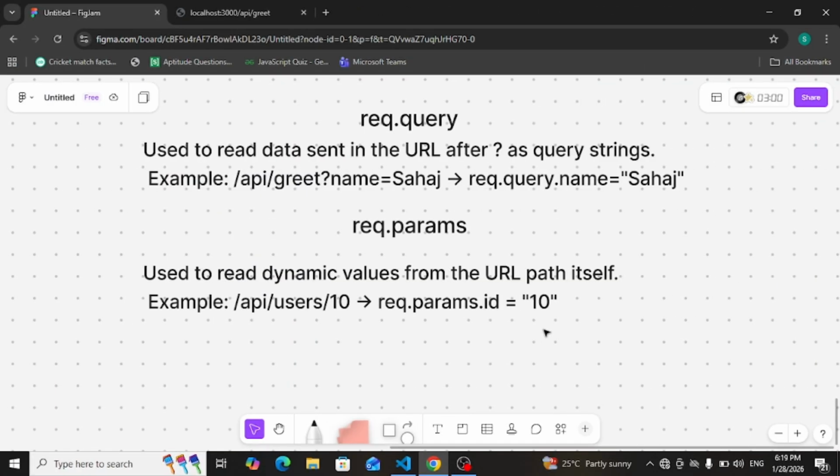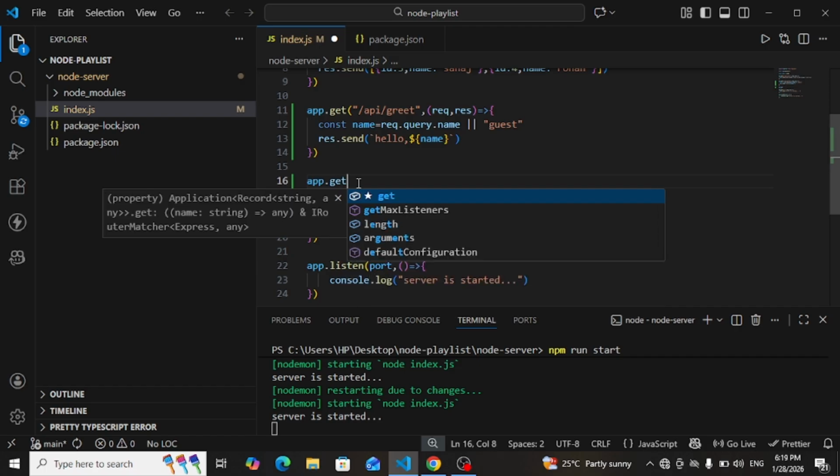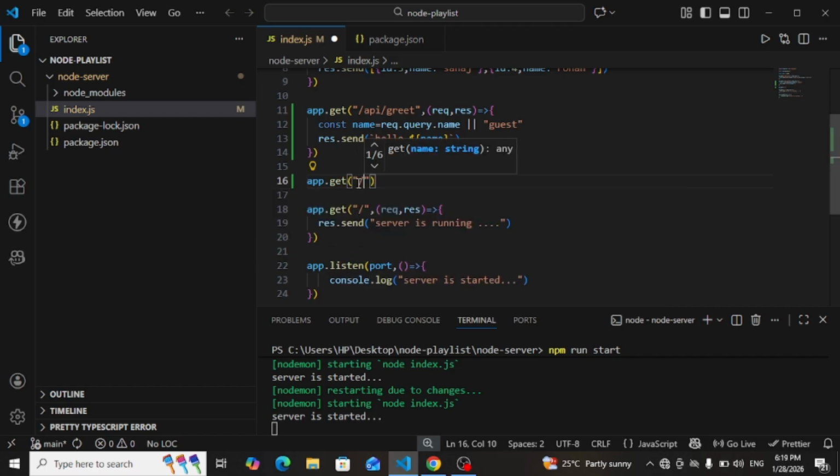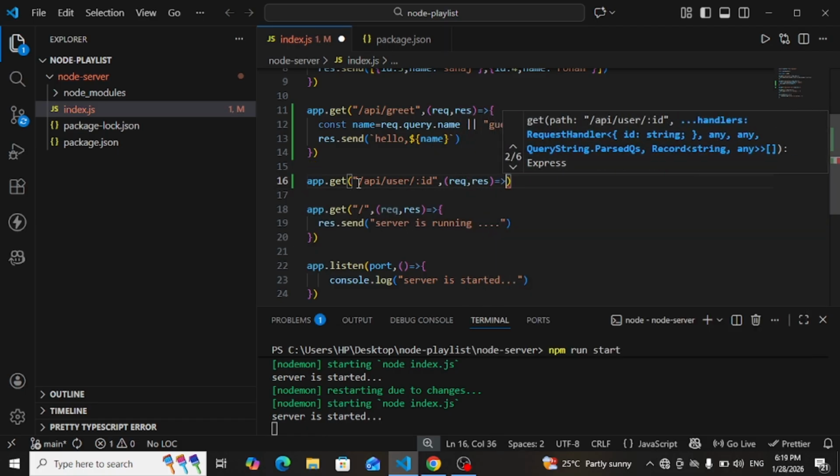Now let's understand request.params. Route parameters are dynamic values that are part of the URL itself. So now let's make one API where we use request.params. Let's say app.get and our path is /api/user/:id, then request, response and arrow function.